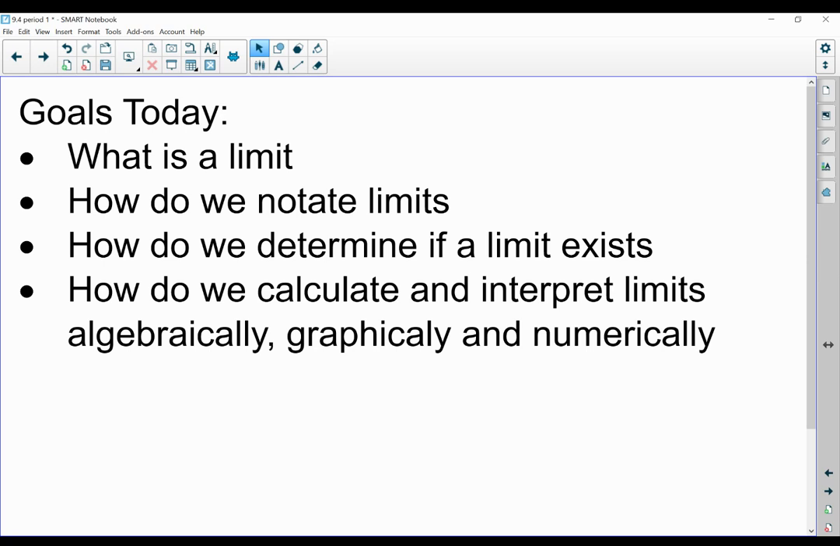Calculus in itself is broken up into three topics: limits, derivatives, and integrals. And we're going to introduce that first of three topics today. So we'll define what is a limit. We'll talk about how do we write limits, how do we determine if a limit exists, and at this moment